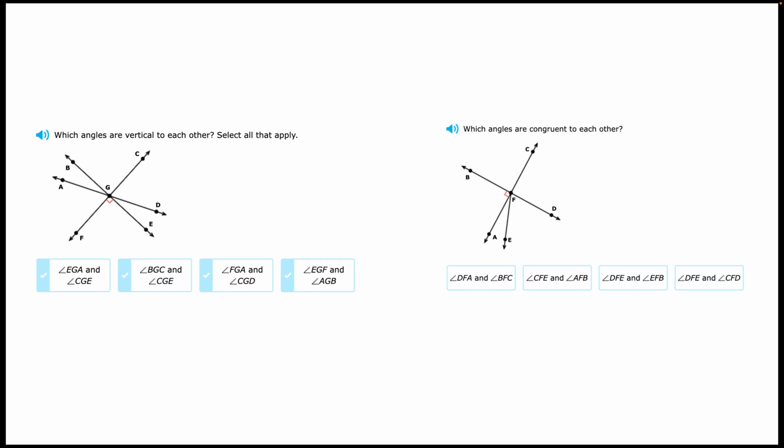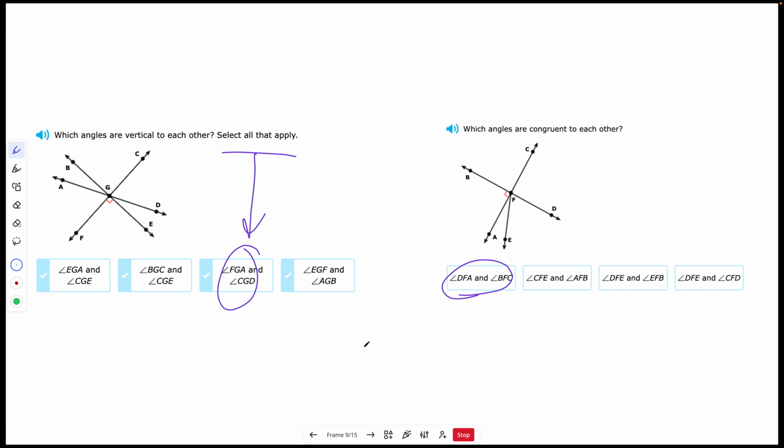Okay, now that you've had time to work these problems, let's check your solutions. For the first problem, you should have said that angle FGA and angle CGD are vertical. And once again, even though it says select all that apply, there is only one correct answer. And for the second problem, a little bit tricky here because